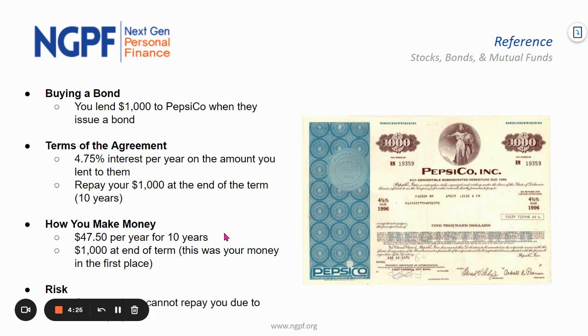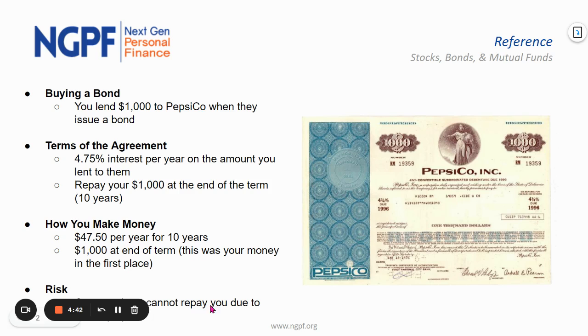Generally, they're going to pay you out that interest. And so you can kind of count on that as income as long as that company or government is doing well. And then at the end of the term, so at the end of your 10 years or however long the bond is for, you will get your money back along with any final interest.